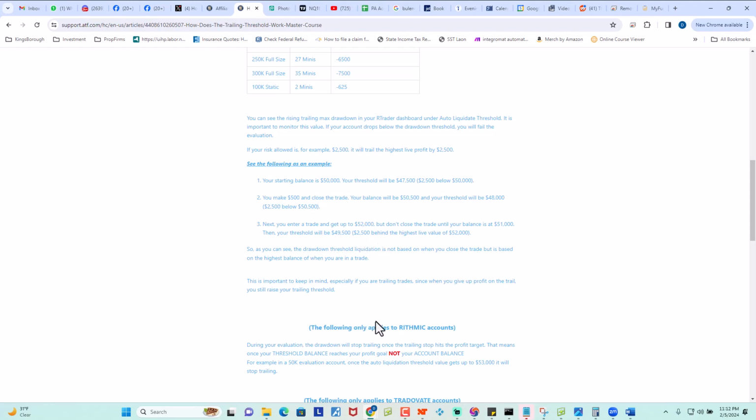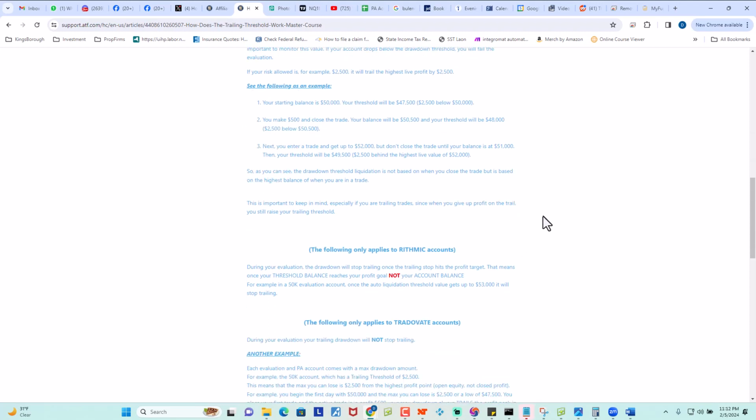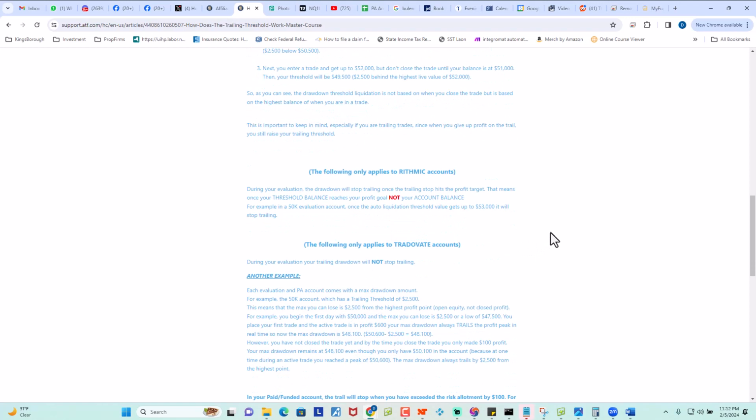Now this might be confusing for you, so let me show you exactly what they mean by that on the chart. It's pretty simple. The way to beat it, you have to close your trades when you are at your highest point. Don't wait and let price go up and then come back 50% against you. That's when you close the trade. You need to get your profits. That's the only thing you need to do to beat the threshold. When you make profits, take them.